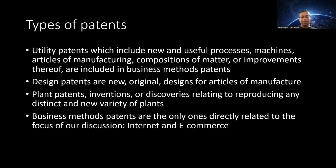I did mention that there are different types of patents. One is called utility patents, which include new and useful processes, machines, articles of manufacture, compositions of matter, or improvements thereof, which are all part of business methods patents that we are discussing in today's class. Apart from the utility patents, a subclass of which is business methods patents, there are other types of patents called design patents, which are new original pieces of work, a design of articles that can be manufactured. So anything to do with design elements, like a new style of building, a new design of a machine, or ornaments which have new designs. Any piece of original work which has a design component to it is called a design patent, which you can file for